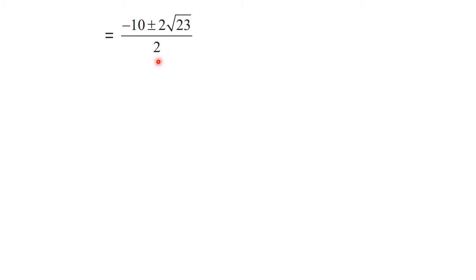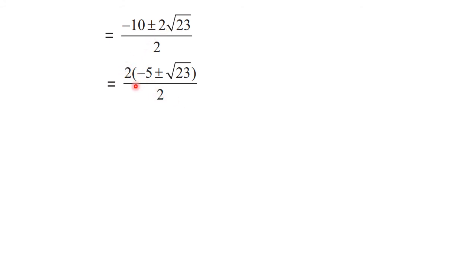Now in hurry, many students what they are doing is they are cancelling this 2 with 10. Okay, but you cannot cancel it here. Please take a note of this. See, this is complete one function. Okay. So here you have to first take out common from the numerator. From these two terms, you have to take out common. You can take out 2 as a common here. Somebody will take as minus 2 also common. So, but don't take the sign. Generally, you take out only the number as common because here you need to cancel.